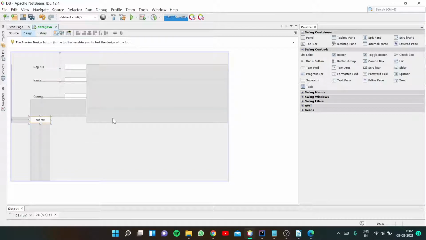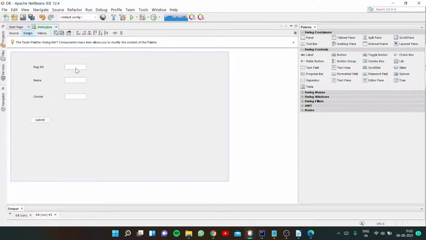So by clicking this, our data will be inserted into the database. So these are the things. I'm just leaving space here for a table for the retrieving and all. I will do that in the next video. So in here now we are going to do the code part. So just focus on these main things.